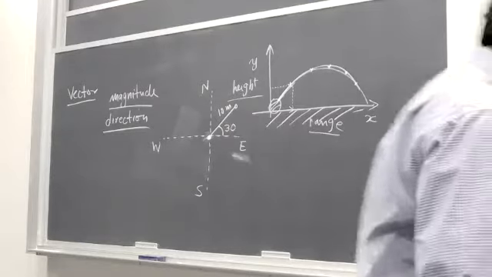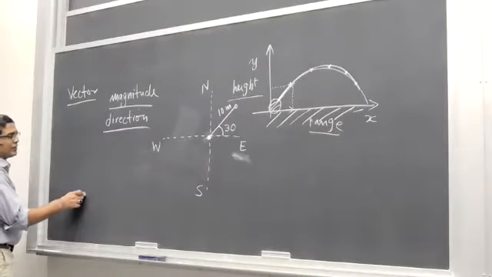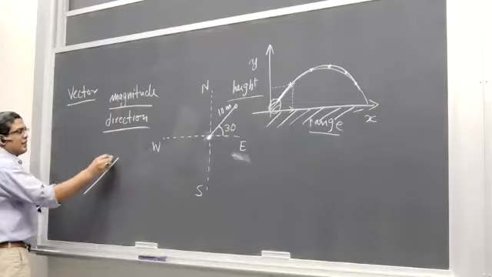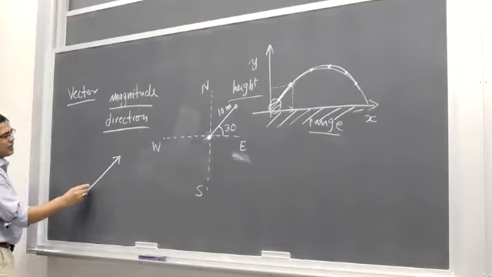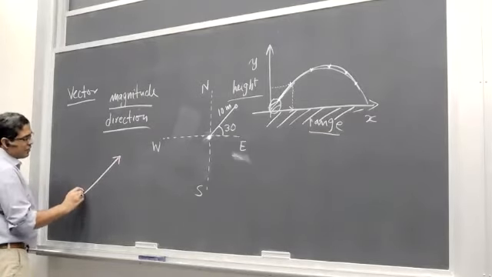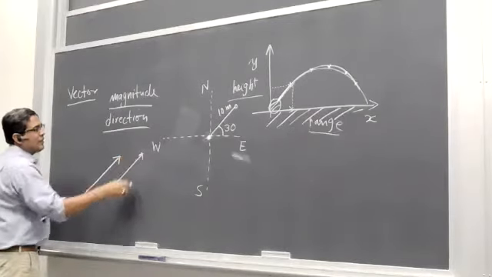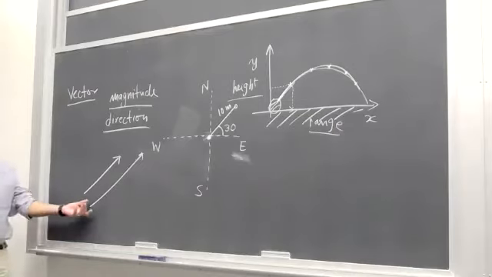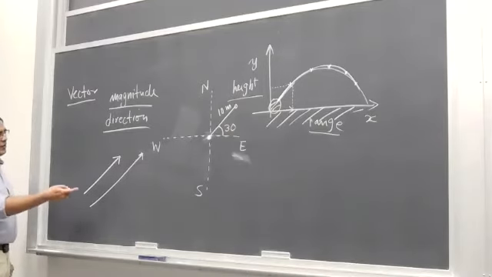You can represent a vector graphically by a straight line and an arrowhead on one side, where the length of the straight line indicates the magnitude. For example, if I have two arrows, by just looking at these two, I can tell that this is a longer vector. This vector has larger magnitude. This vector has smaller magnitude. And the arrowhead points the direction of the vector, okay?